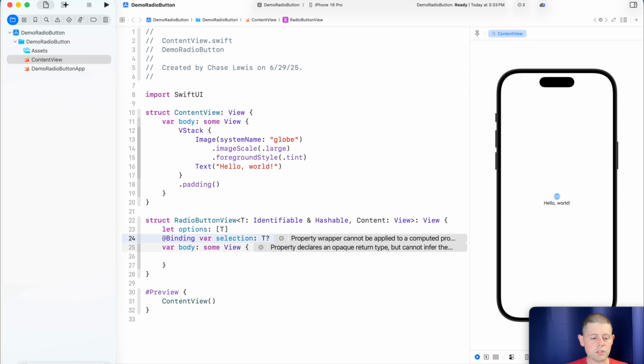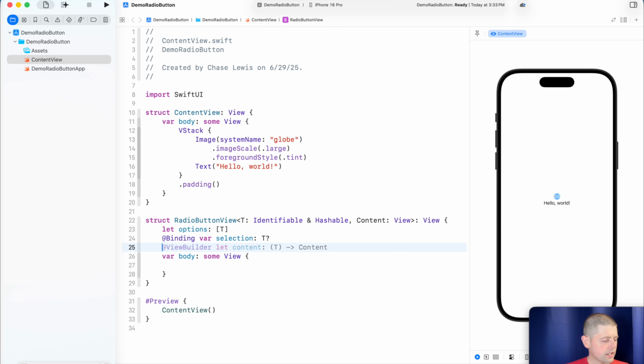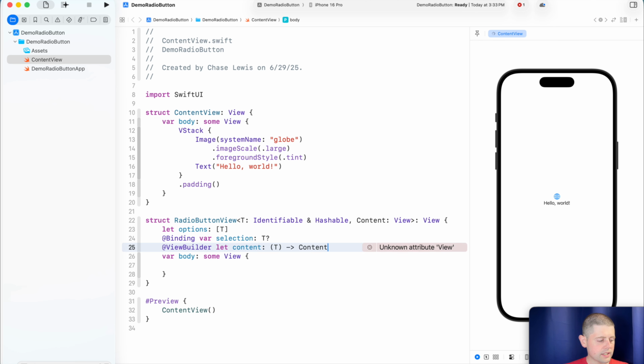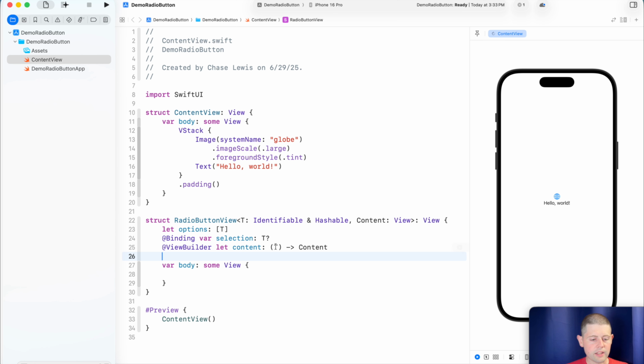There we go, an optional for whatever generic type that we've passed in here. And then we will create a view builder that takes our content like that. Now, don't get too caught up over generics just yet. We'll go over it here in just a minute, how this is used, and it'll make a lot more sense,